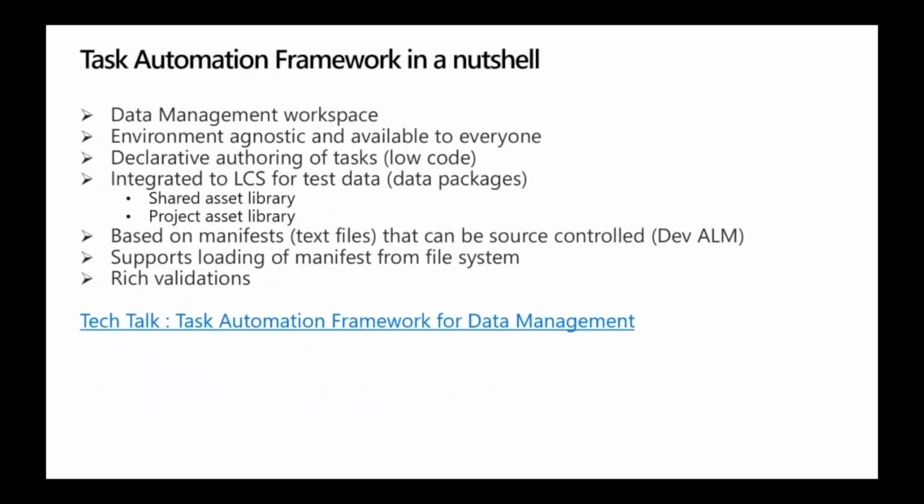It is quite easy to use. You run it from your data management. It is environment agnostic. So typically what you're going to do is you're going to create a manifest file. And in the manifest file, which is an XML file, you're really going to explain where we're going to find our data, what kind of import methodology we're going to use, and what kind of data we're going to retrieve. And you're scripting that one, so it's a text file.